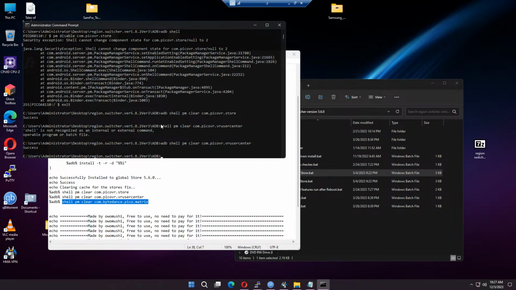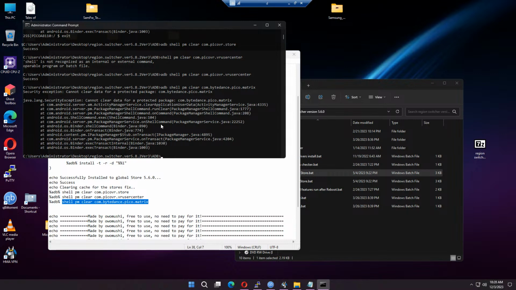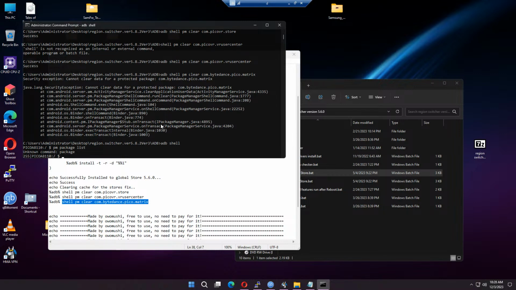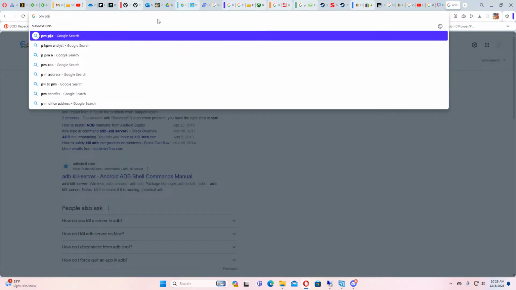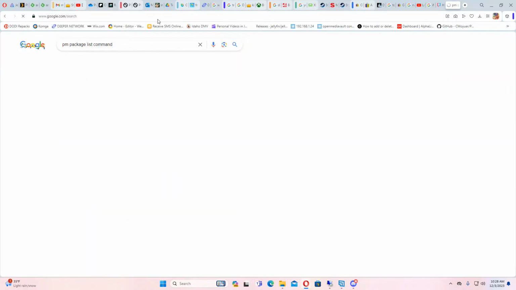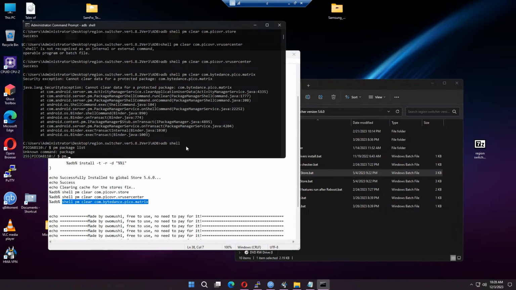Did they allow it now? They're allowing this now. What is it? PM package list? I can't remember what it is called. PM package list command. PM list packages. Oh, okay. I'm an idiot. Okay. PM list